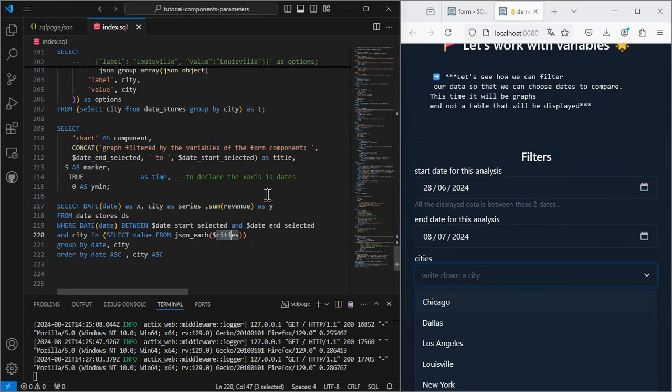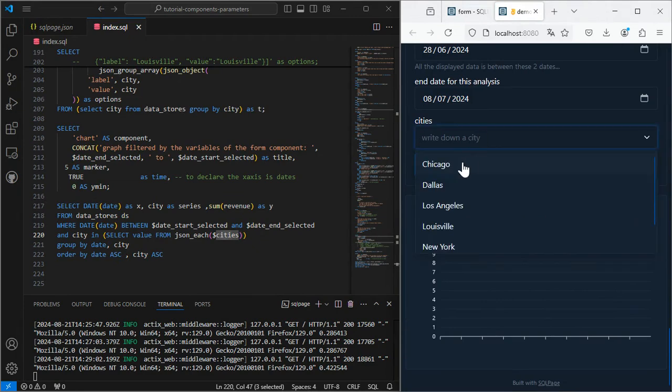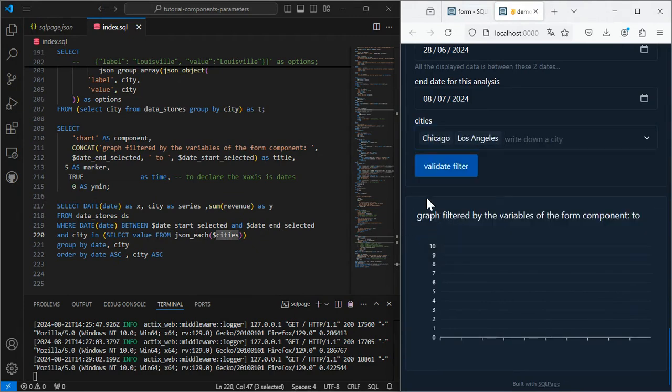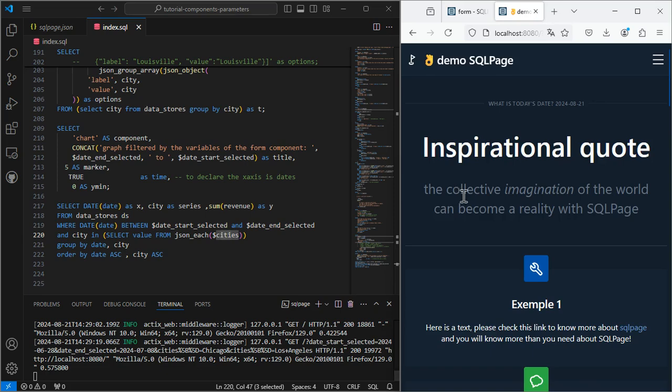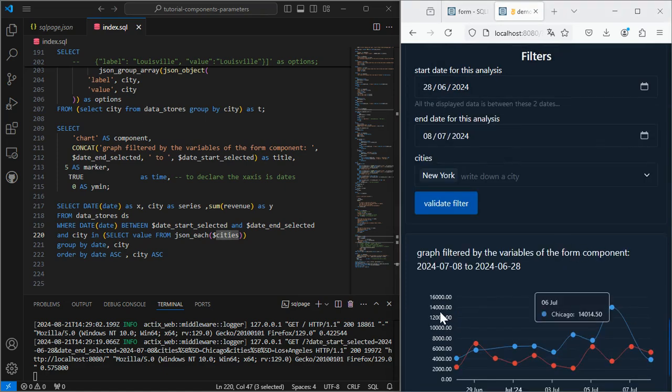Let's see what it gives us. We have something that works, but it can be enhanced. For instance, I want default values in the form so that the graph is displayed by default before any values are entered.